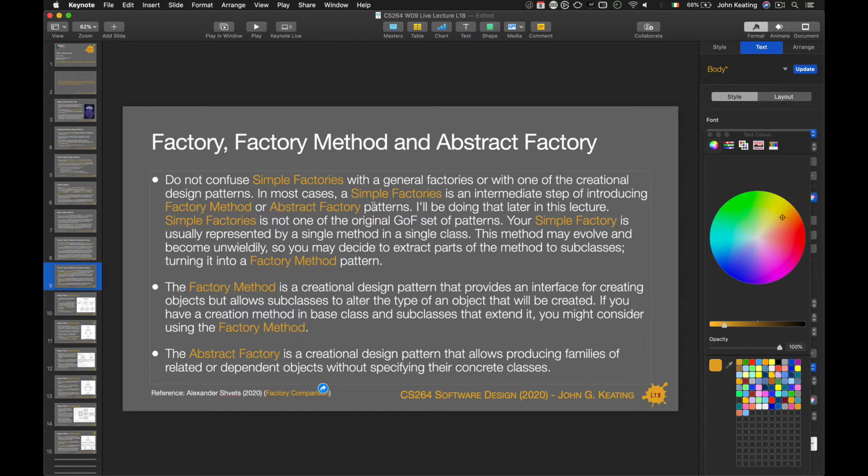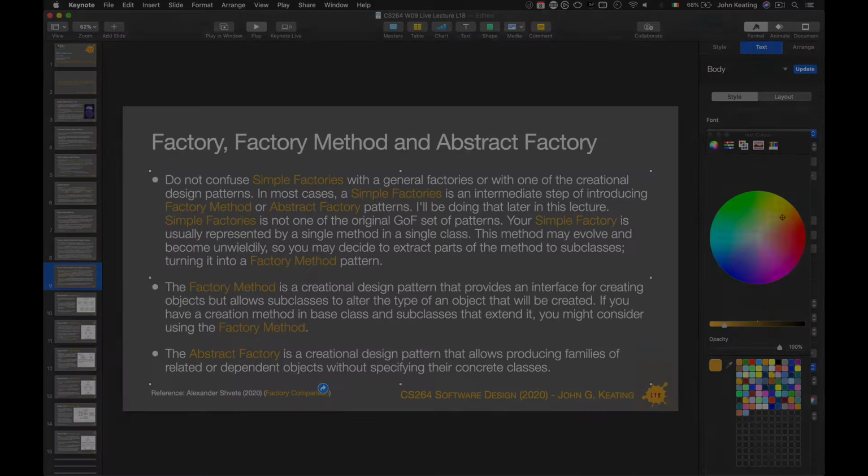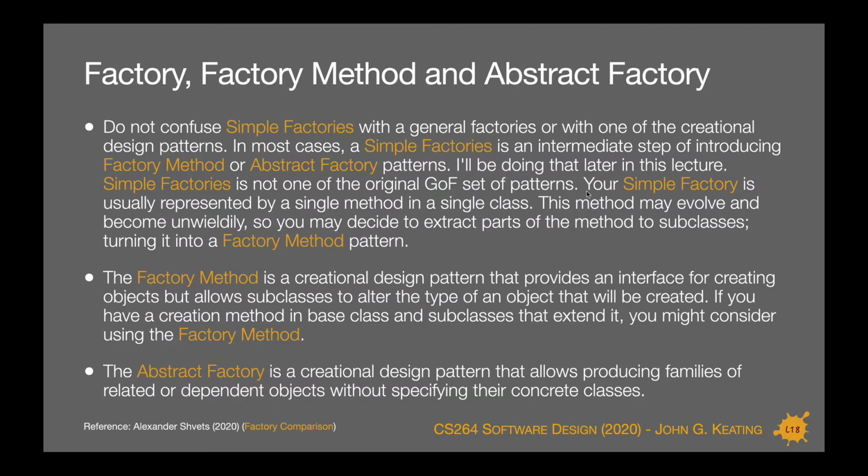Okay, a simple factory is not one of the original Gang of Four patterns. I said at the outset. Your simple factory is usually represented by a single method in a single class, and the method may evolve and become unwieldy, so you might have to decide to extract parts of the method into subclasses and ultimately turn it into a factory method pattern. And you've probably seen that in your assignments as well, where you started off trying to create circles, and I say, well, I want you to do squares, but I still want you to do the same kind of work. I want you to draw squares and draw circles. So,